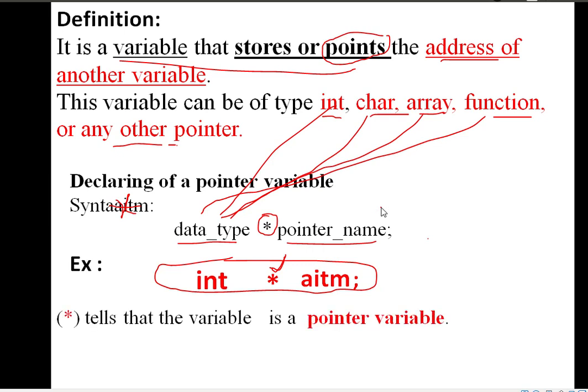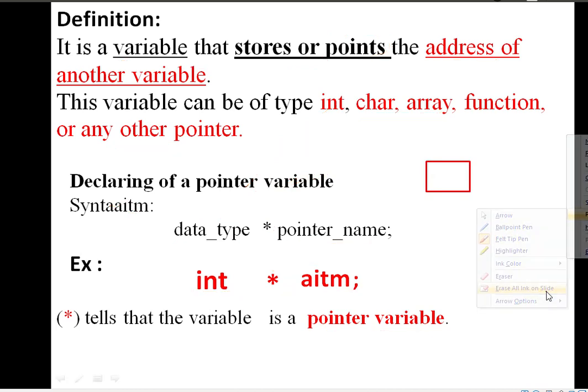Now star tells that the variable is a pointer variable. See here in this animation, it is an address, right? Now I am using int, so bytes will be allocated. Now what is the variable name?